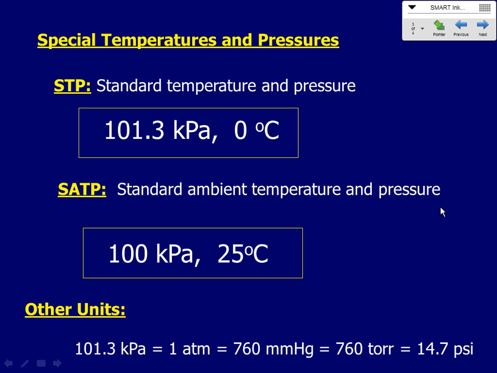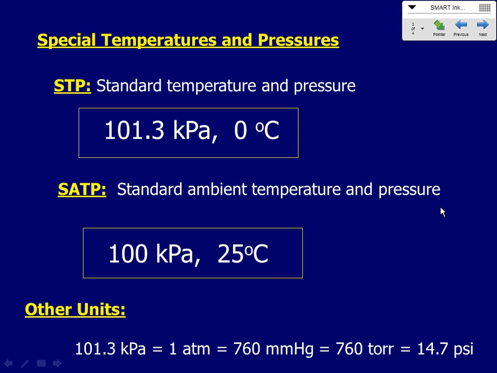The pressure in a laboratory also tends to be a little lower than atmospheric pressure because most laboratories have venting fans that suck air out of the lab and then vent it to the atmosphere. So if you're working with chemicals that are producing gases that you don't want to be breathing in, you have fume hoods that are drawing that air out of the building and then out into the air. So usually the sucking of the air out of the laboratory brings the pressure down a little bit. So standard ambient temperature and pressure